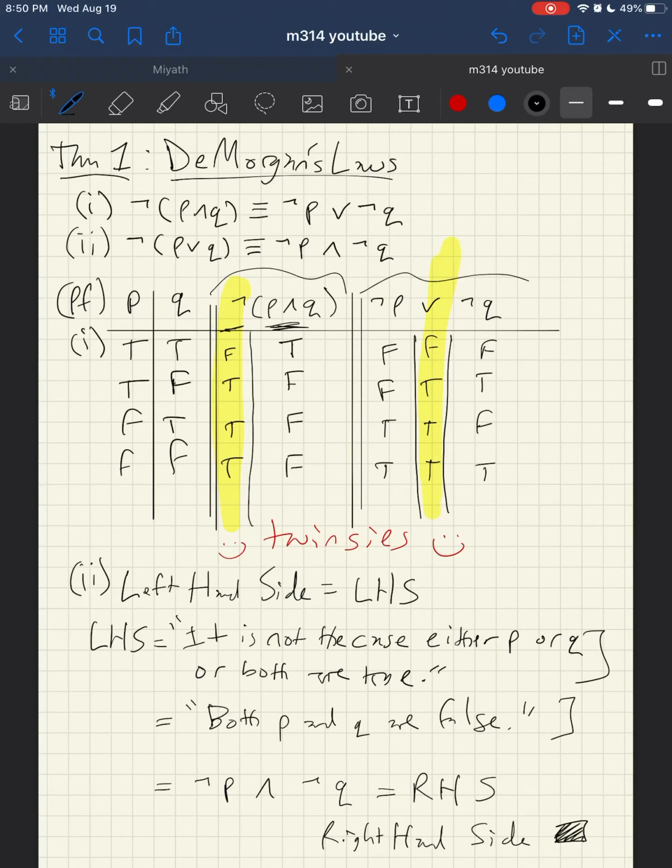We just showed that the way that I interpret this in English is precisely the same as the way that I interpret this in English. And that is stronger than just saying this side implies that side, or that side implies this side. What I'm saying is this is logically equivalent to this. So hopefully that made sense. Let me know if you have